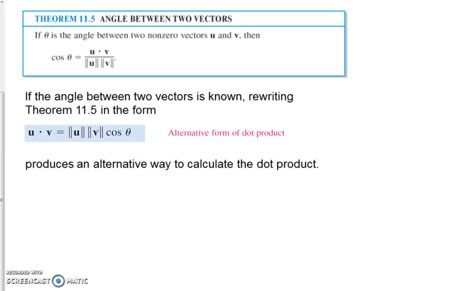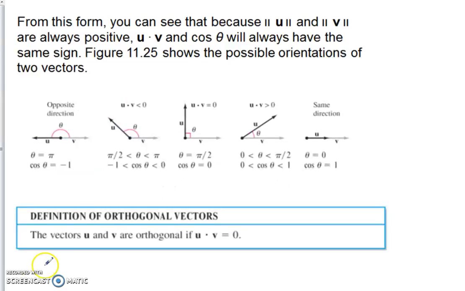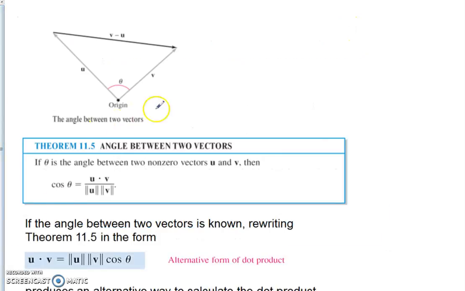That produces the alternate way to come up with the dot product. Before we do a couple of those, a couple more things to notice. You can see that the magnitude of u and the magnitude of v are always positive. So if I sneak back a slide, if the dot product is positive,